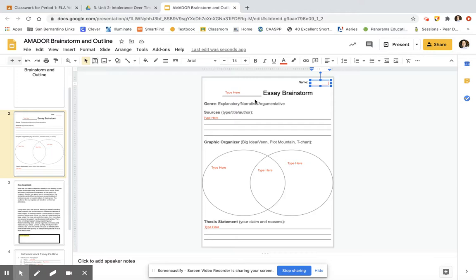This slide is an example of what I would have you do if we were in class in person. We would do a brainstorm. It's just practice. It's like our pre-writing activity. The idea behind doing a brainstorm is that you're doing all of your difficult thinking before you actually do your writing. That way your writing is actually pretty easy.